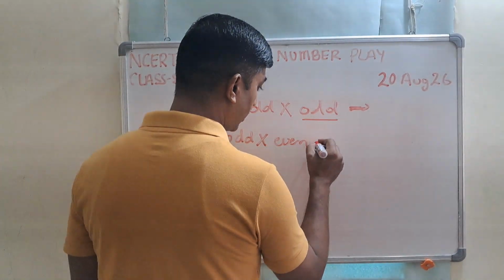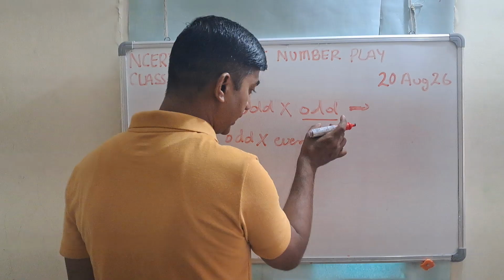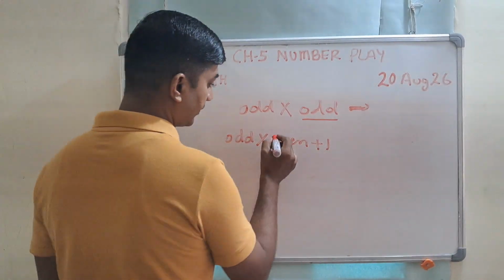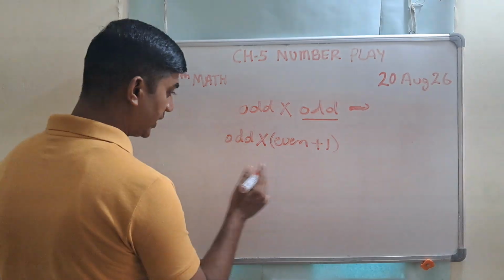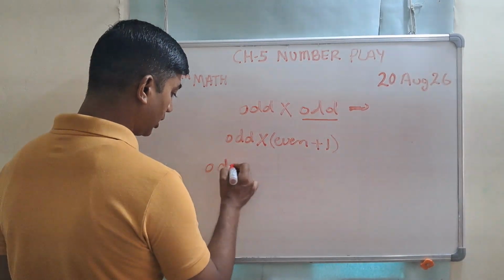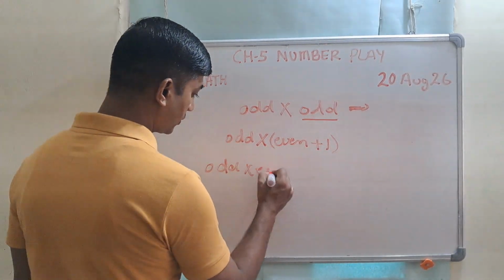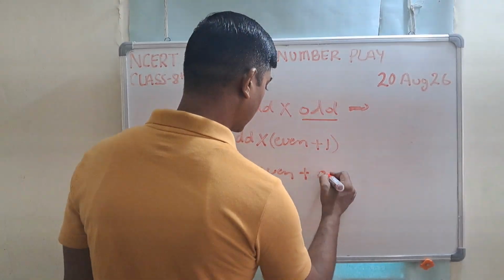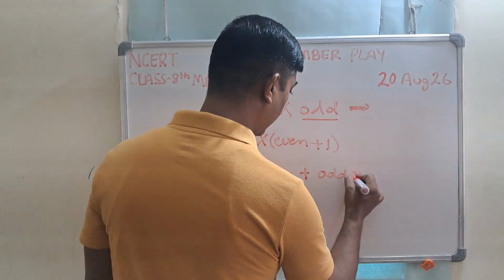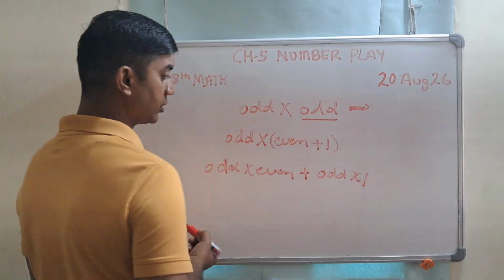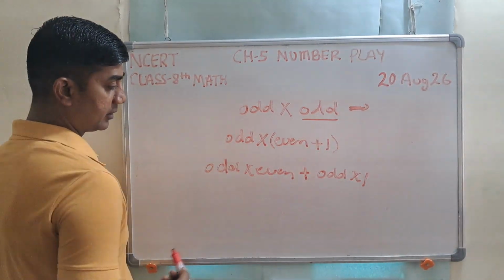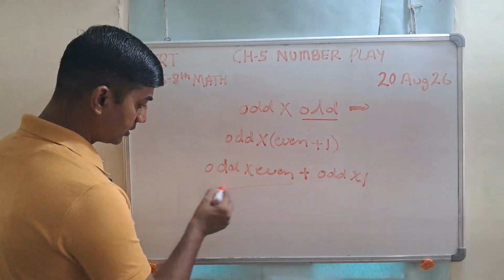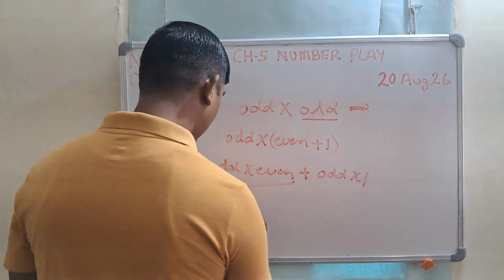Now we have split this odd number as even plus 1. When we separate it, we get odd into even plus odd into 1. We have separated it. Understood? Now what is this result? This result is even,